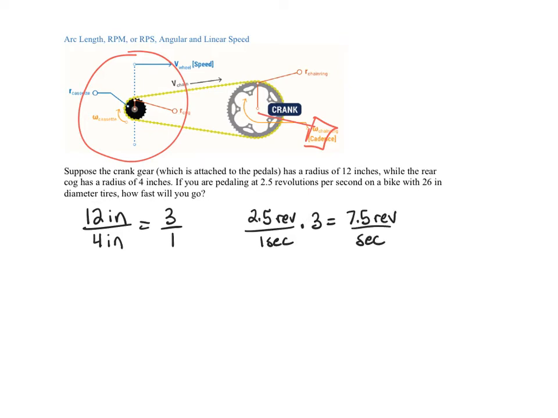Now this should make some sense because this big crank ring, or the chain ring as they're calling it, is 3 times as big as the smaller one. So the smaller one should make 3 times as many rotations for every 1 rotation that the large one goes. Now I can show you how to argue this with arc length, or if you're okay with a shortcut, just take the shortcut. So if we look at the circumference